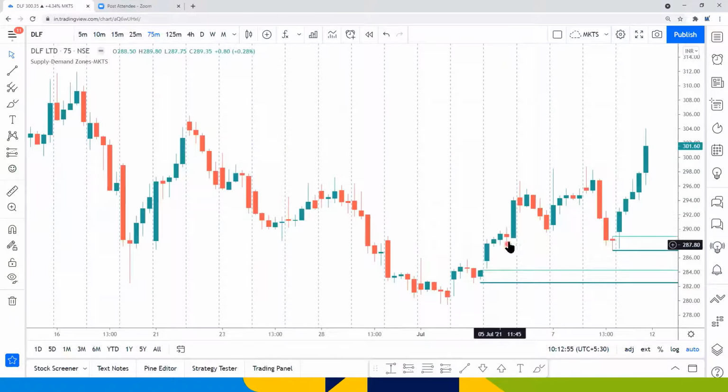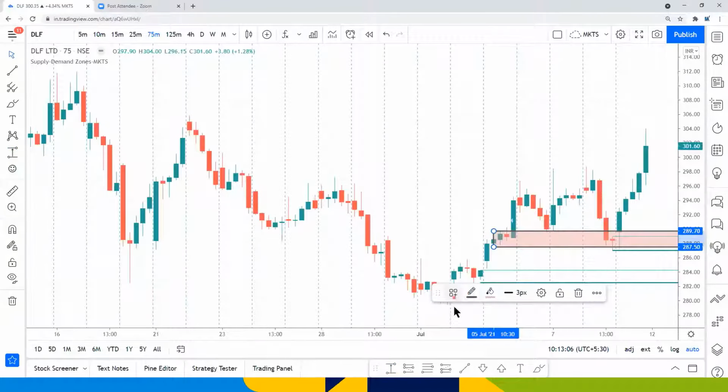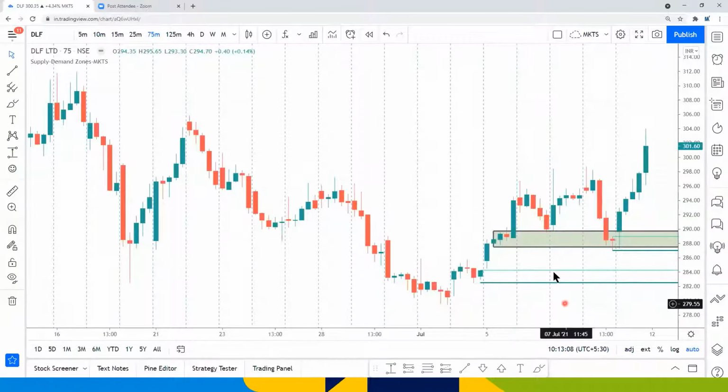So there was this demand zone here. Let me mark it. This demand zone that was formed on 5th of July, a rally-based rally, price came in, gave you a move. But now, has it closed beyond the demand, or has it just pierced the demand zone? There is no close, it has pierced the demand.